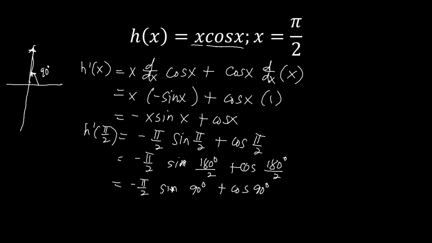if this will be our terminal side and this one is the initial side, we're forming a triangle here with a 90 degrees angle. This one is our r, this one is our x, while this one is our y. Since this is a unit circle, our x is equal to 1, our y is equal to 1, our r is also equal to 1. So once you say sine of 90 degrees, that will be equal to